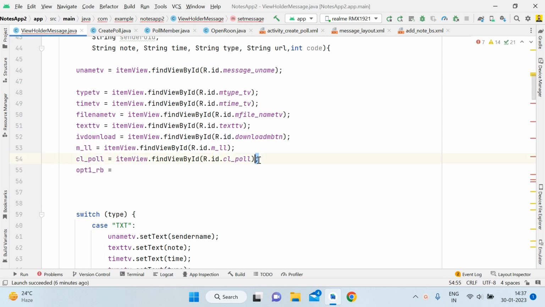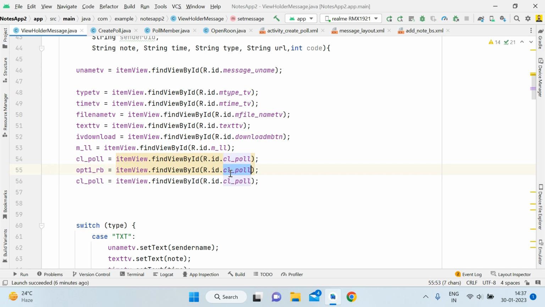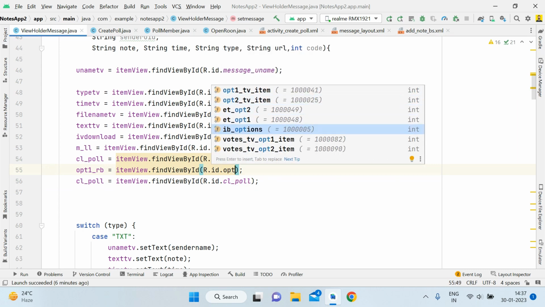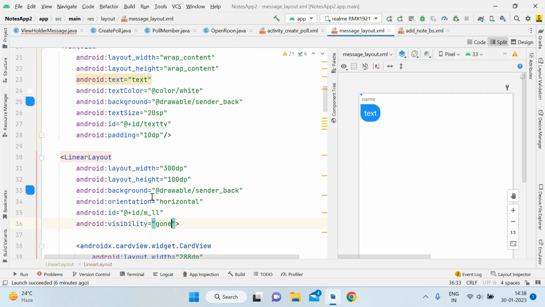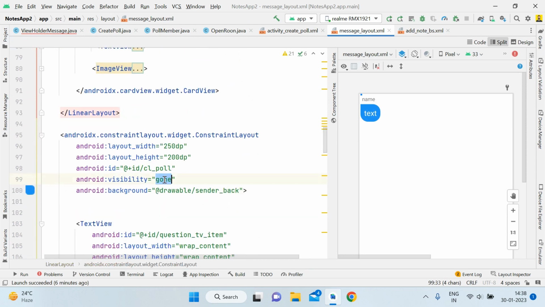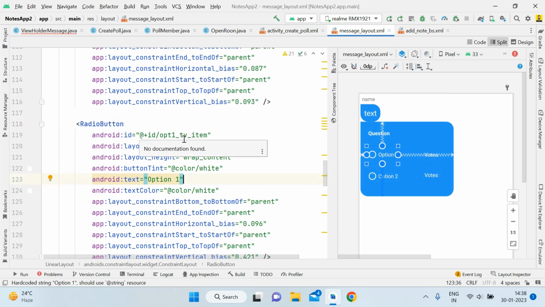So what we can do is simply copy this from here, control plus C, and then simply paste it, and then again paste it. So this is going to be opt1 RB, and the reference will be opt1 RB. So wait a minute, let me check the reference for the buttons. So just make it visible for a minute, and here we have opt, it should not be TV, it should be RB, opt1 RB, and then